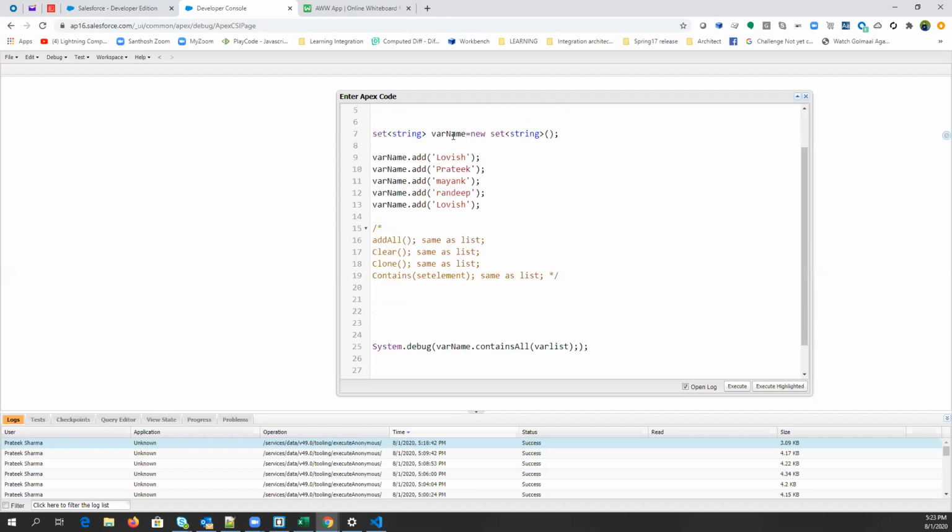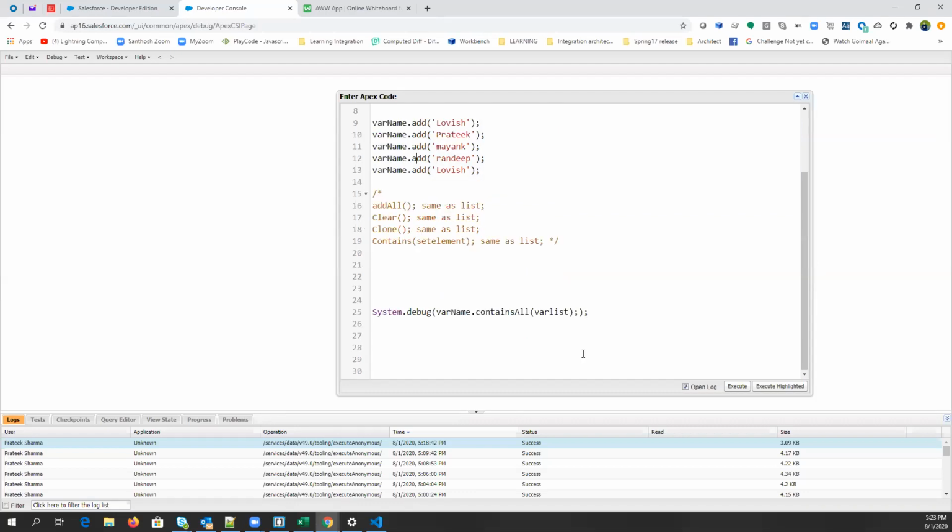And then we have another set called varName, and it has multiple values. So we just need to check if all the elements of varList are in the varName set or not. The answer should be true.